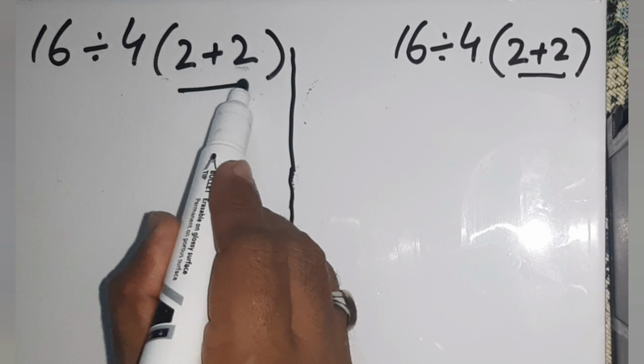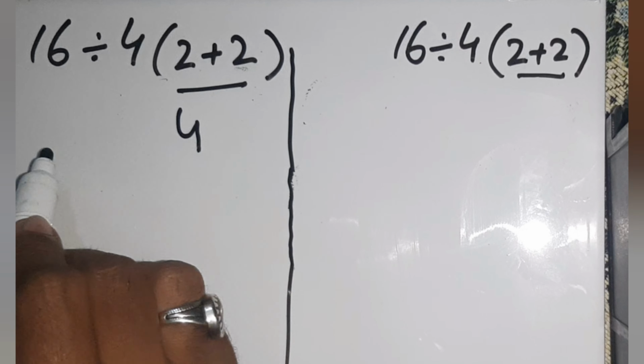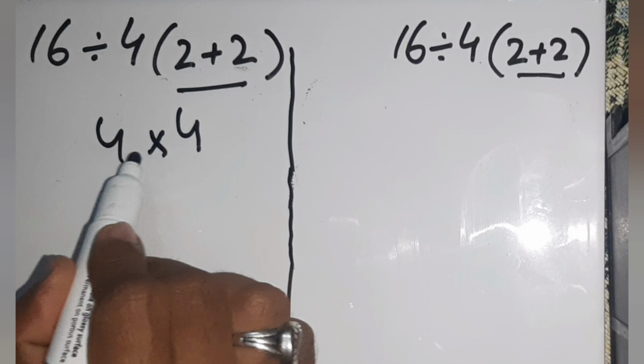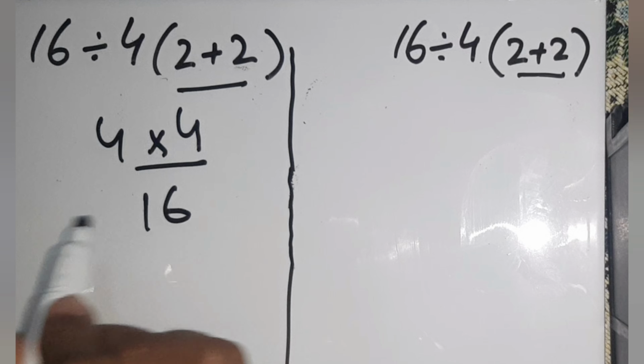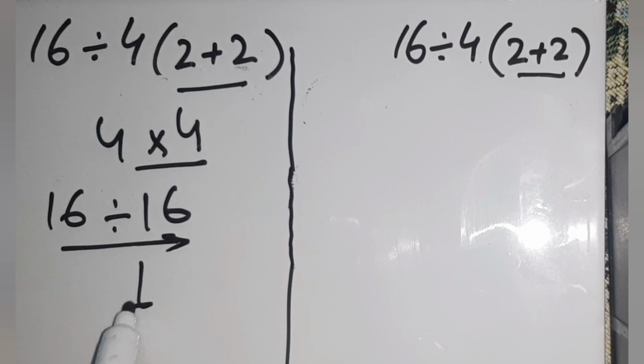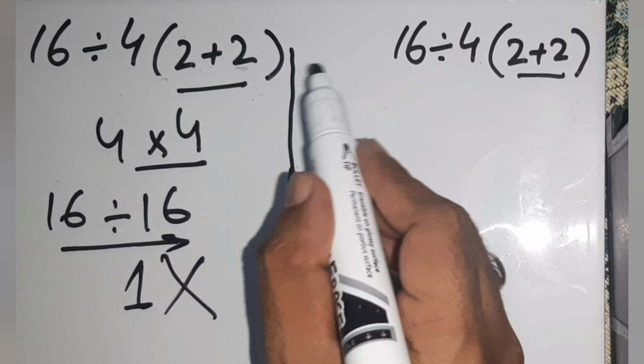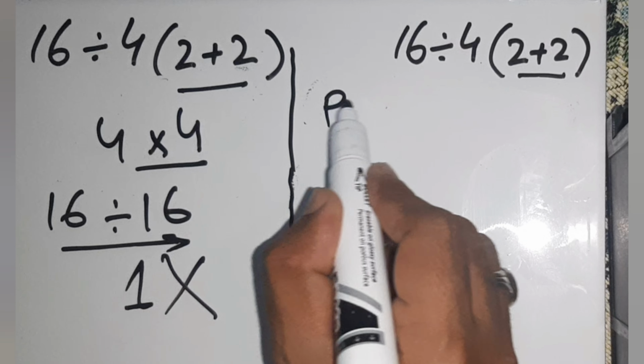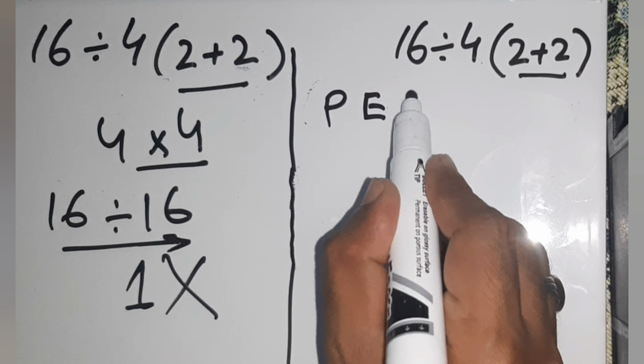Now 2 plus 2 gives us 4. Then 4 times 4 gives us 16. Finally 16 divided by 16 gives us 1. But this answer is absolutely wrong because according to the order of operations, first we do parentheses, then exponents, then multiplication